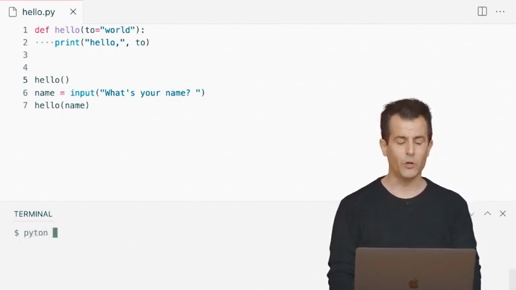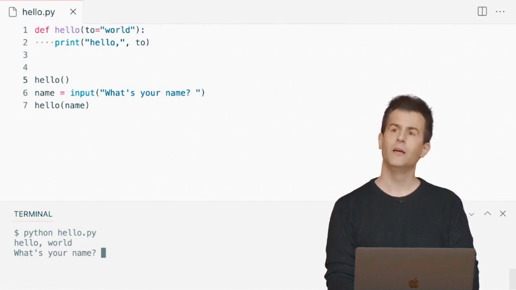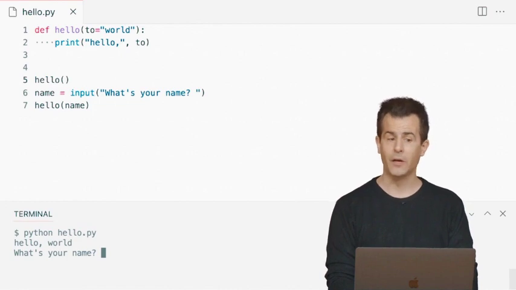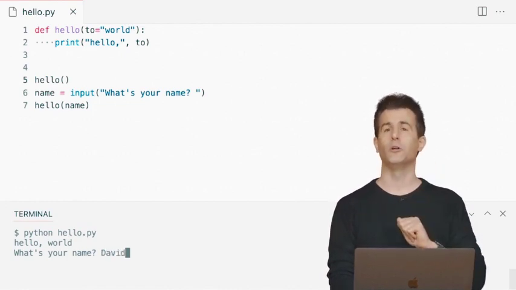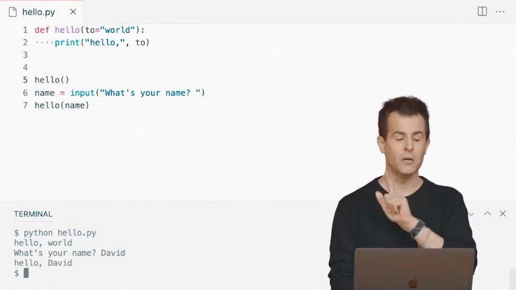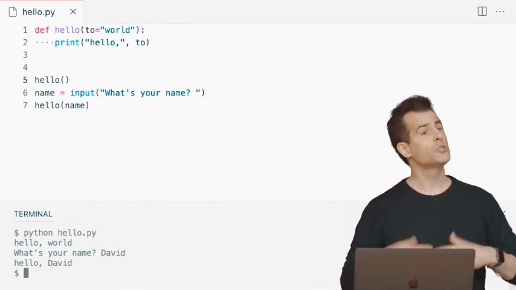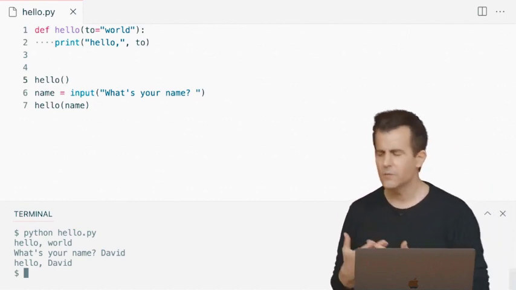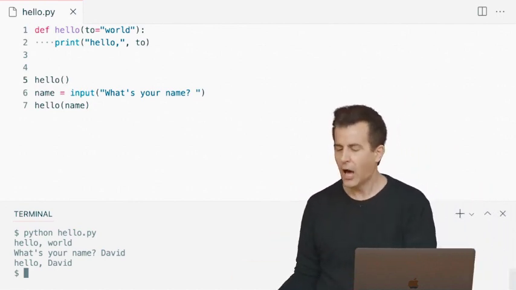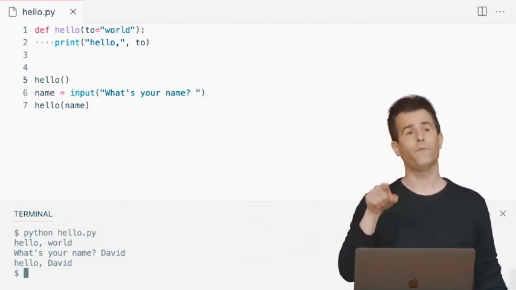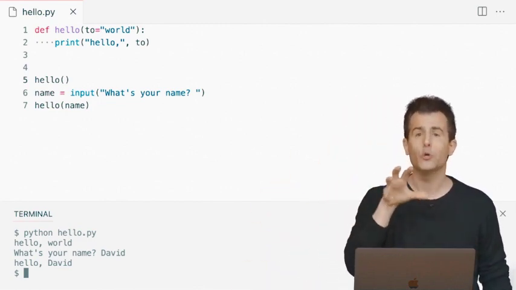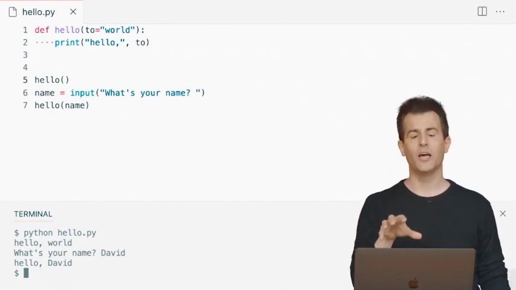Let me go ahead and run python hello.py. I'll type in my name. Oh, interesting. Notice I already see hello world, but that's expected because line 5 happens before line 6. But once I type my name, now the program's going to be a little more polite and say hello to me personally. So there too, we see with relatively simple but new syntax how you can implement functionality very similar in spirit to what the print function gave us automatically. Now you have control over doing that yourself.